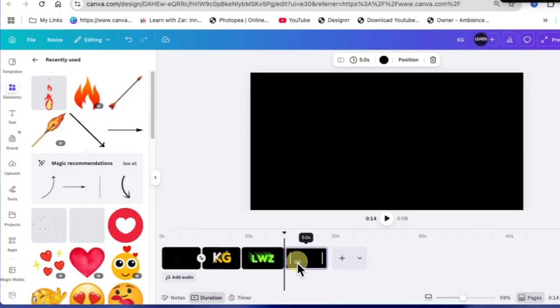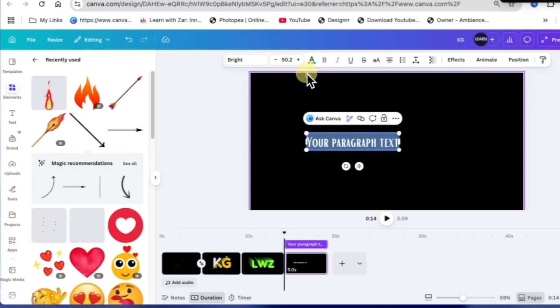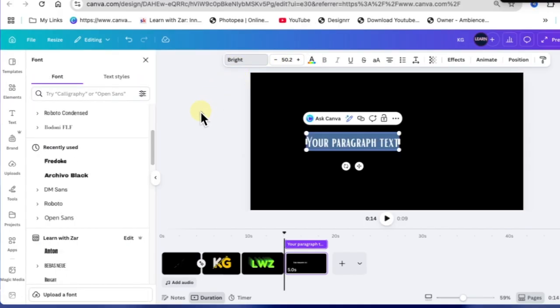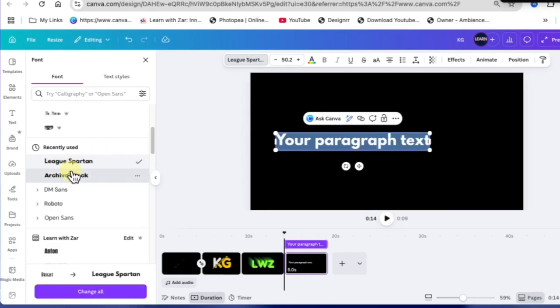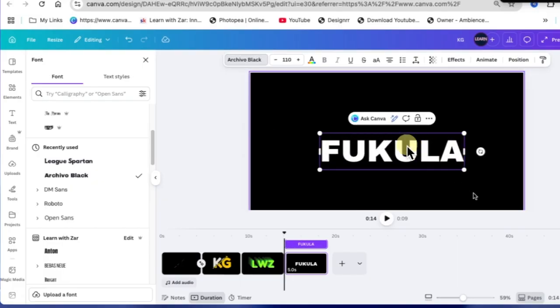The last one, I was thinking of a hair salon or a hair place that we can animate for. So we're just going to press T for text and it's not going to be a complicated one for the design. What I want to do with this one is to type the name of the business or the name of the salon that we are designing for. So what I want to show you with this particular animation is